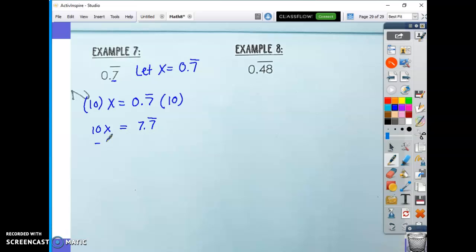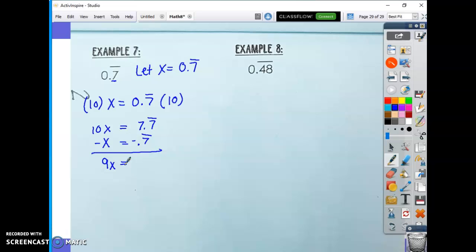So when we subtract x from one side, we must do it to the other side, but we know x equals 0.7 repeating. So you subtract 1x from this side and end up with 9x is equal to 7.7 repeating subtracted by